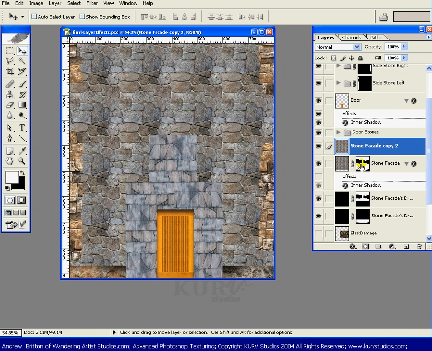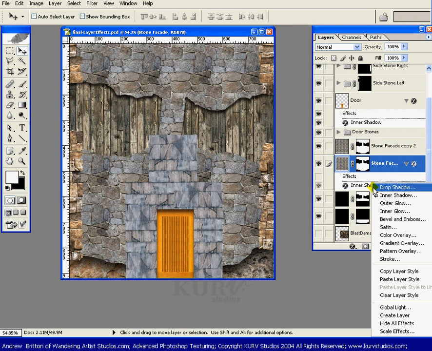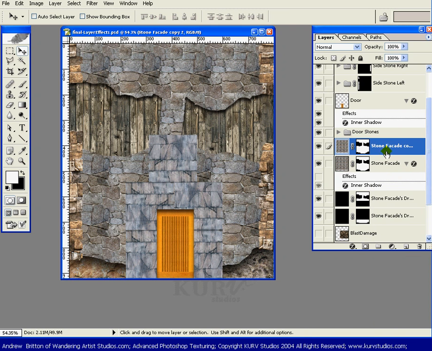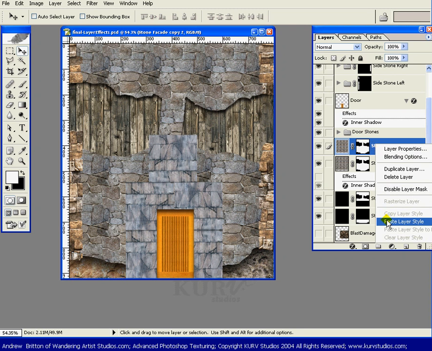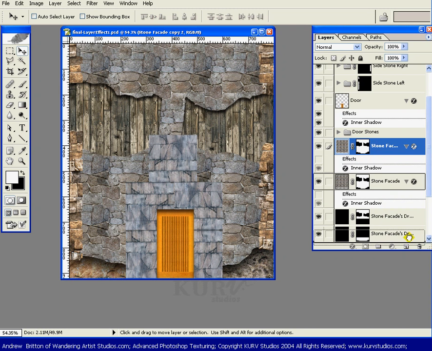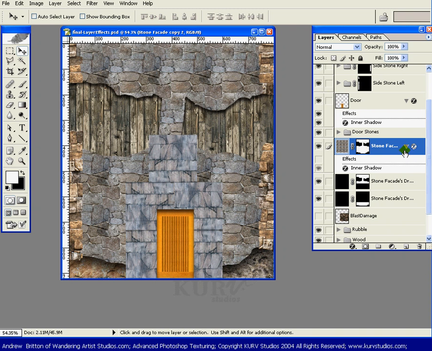Control E merges linked layers, and I will Control select this layer mask and apply it to this layer up here. I will copy, right mouse click, copy this layer style, and right mouse click, paste this layer style. I'll undo that again so you can read the paste layer style. I'll get rid of this old stone facade set now. And now if I turn on,